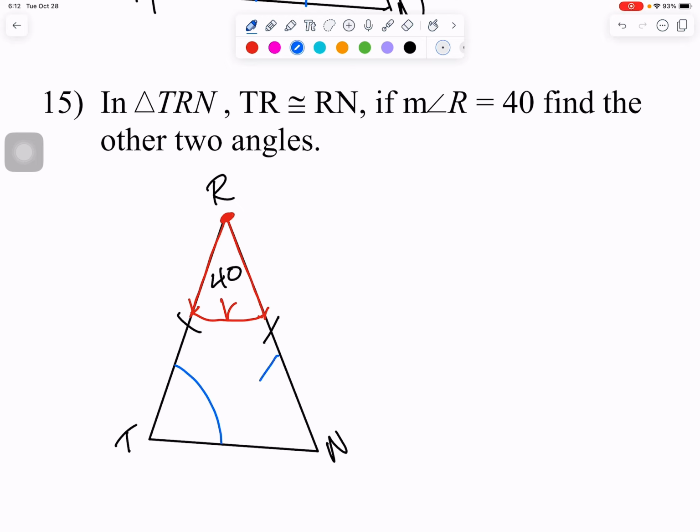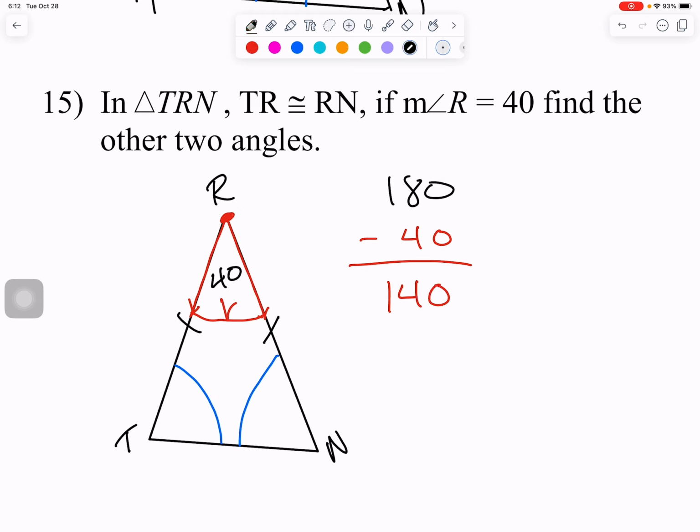But we also have two base angles, and these two are equal to one another. Well, the three interior angles of a triangle equal how many degrees? 180. Beautiful job. Now, if we subtract our 40, that leaves us 140. Now, this can't be 140 and this be 140, but if we take this 140 and divide it by 2,